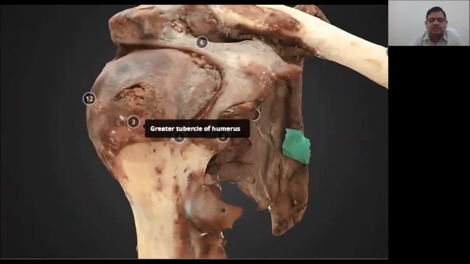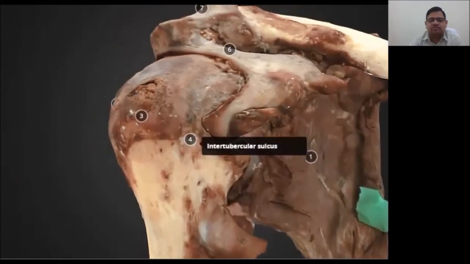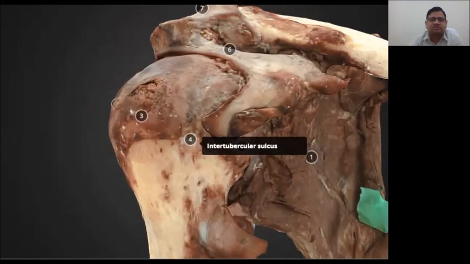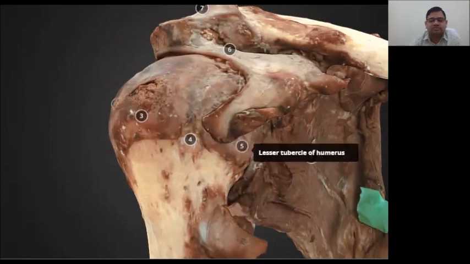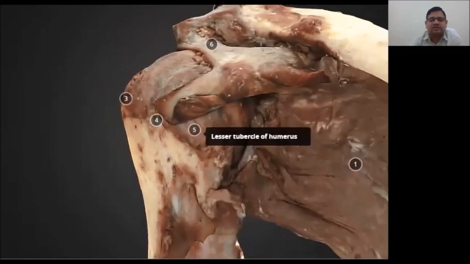Here there are three muscles going to be attached: SIT, that is supraspinatus, infraspinatus, teres minor, which are going to form part of the rotator cuff, plus subscapularis. Now point number 4 is the intertubercular sulcus. In this particular groove, it is between two parts, that is the greater tubercle and lesser tubercle. Three muscles are going to get their attachment, that is latissimus dorsi, pectoralis major and teres major, already between two majors, you can remember it easily. This is the lesser tubercle, there only subscapularis is going to get the attachment.